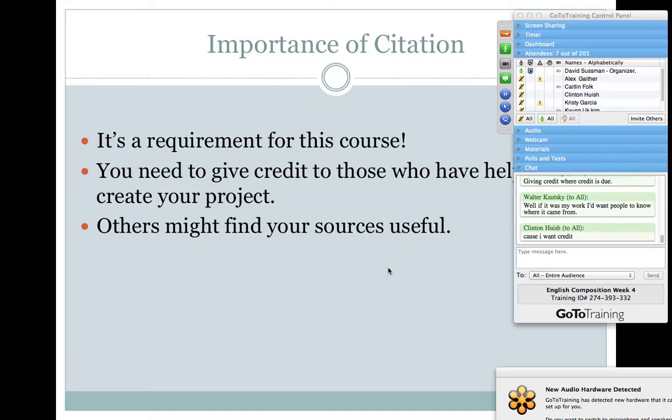But yeah, the stuff we've gone over, right? You need to give credit to those who helped you. Oh, and something we didn't mention: others might find your sources useful. Maybe that plays a bigger role in things like the essay, where, out in the real world, if I read a really interesting piece in a journal or something, sometimes I'll find really interesting